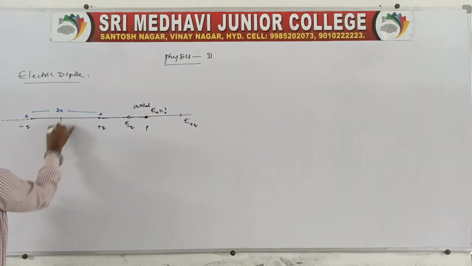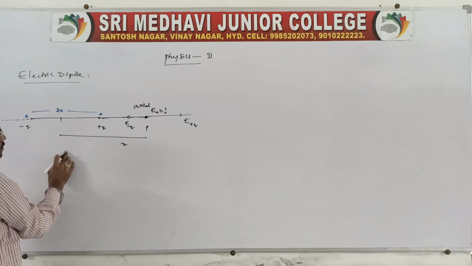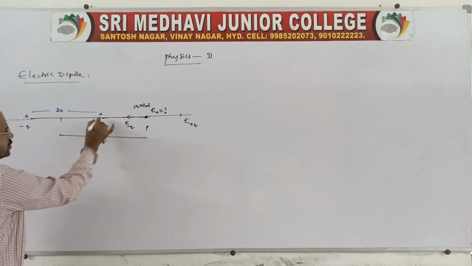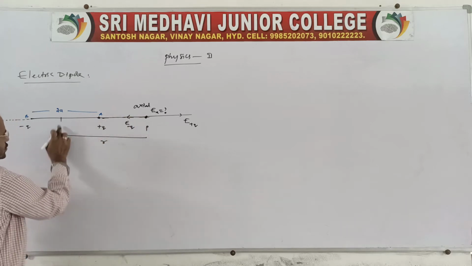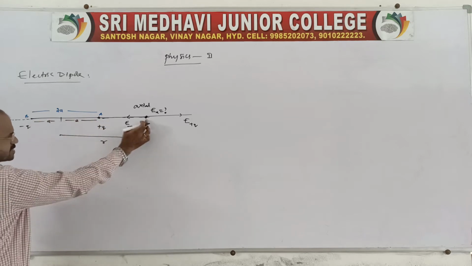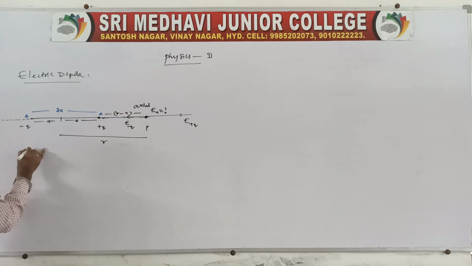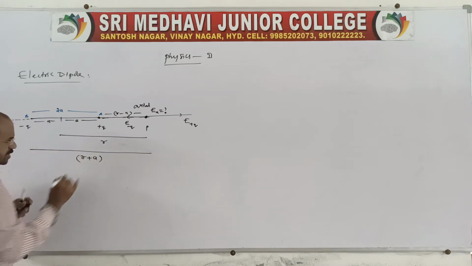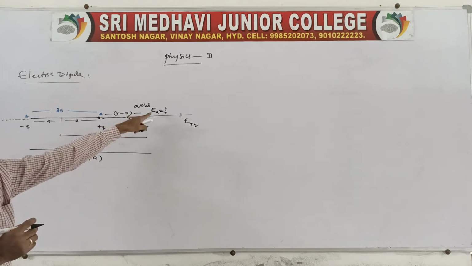Now this point is at a distance x from the center, or you can say r also, no problem. You can take r or x. The distance between A and this point P, from the center it is at a distance r, and since A is at a from the center, it will be r minus a. And coming to the point from B, this point is at a distance r plus a. Clear? Now we have to prove the electrical field intensity due to a dipole at this point.